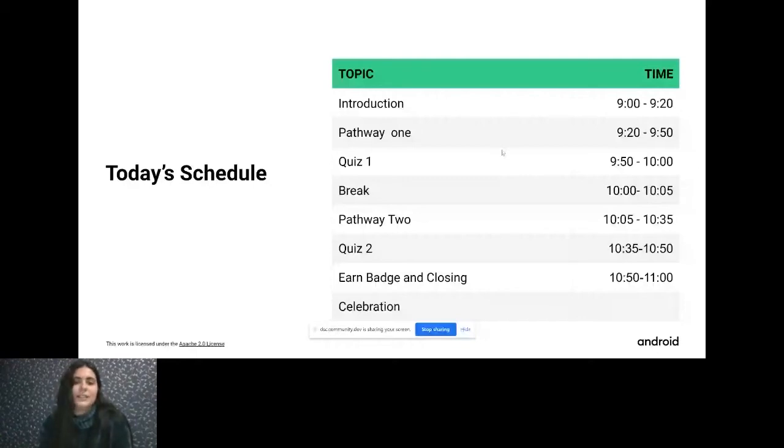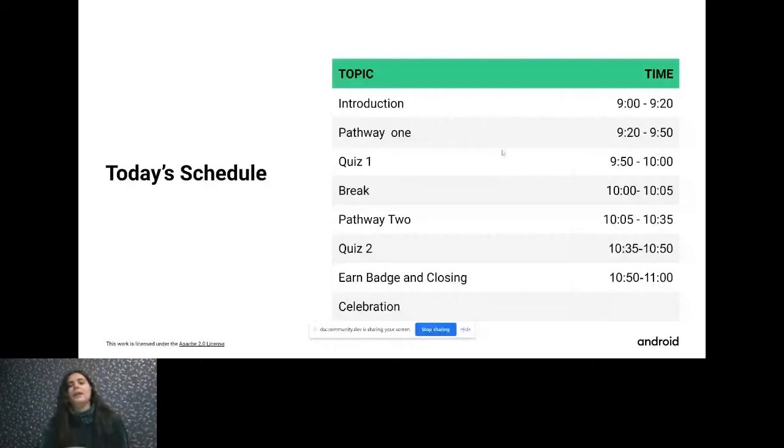We're gonna have a little break, then complete pathway 2, have a quiz again, and earn our badges in our developer profile. Then we close the session, and you get the chance to celebrate what we achieved today. I hope we're gonna have very productive hours and happy hours together.